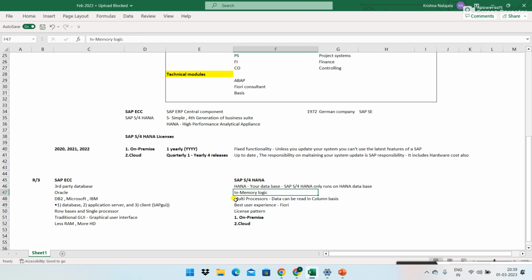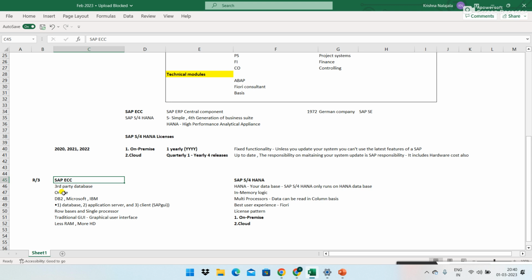So every day you're asking, and before you ask next time, what the system does, in in-memory logic, is store the data readily. The minute you click it, you see a result. So what does it mean? It makes your work easier and faster, right? It will be quicker. Otherwise, in SAP ECC, sometimes to get some reports we might need to wait 5 minutes, 10 minutes, half an hour, hours also. The minute you click, the data from a database will not come that easily, that quickly. It will come definitely, but it takes some time.